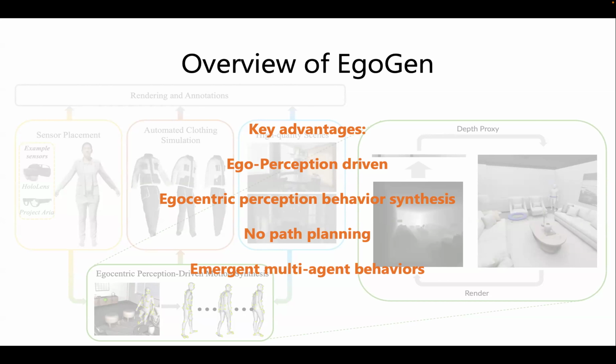And another very interesting thing I would say is that we actually produce some emergent multi-agent behavior. This human synthesis model is trained with a static bounding box in the environment. People move around and try to avoid the static bounding box. But actually, when you test our model later, it can work in a dynamic environment, with multiple people walking in the environment.